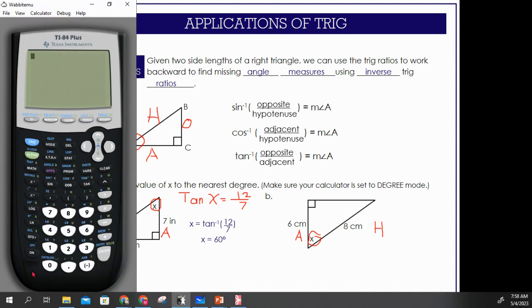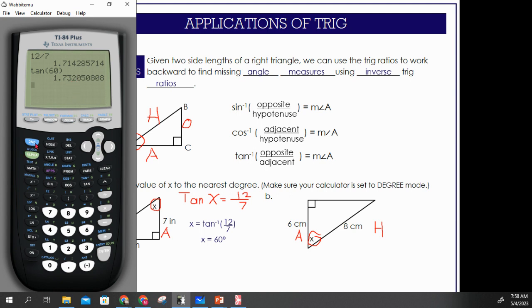12 divided by 7 gives you this decimal here. If I put the tangent of angle 60, I should get a decimal that is close to or very similar to this. So let's look. Just about the same thing here. Please note, since we rounded up, that's why this decimal down here for the tangent of 60 is a little